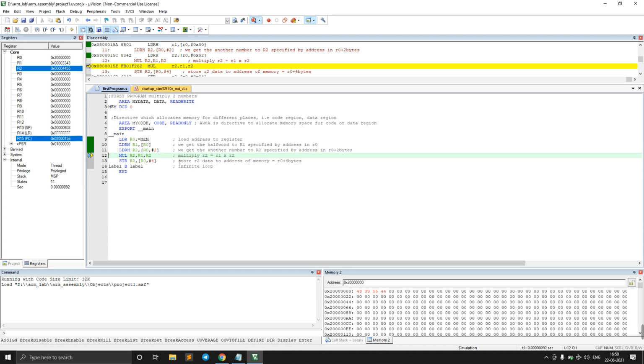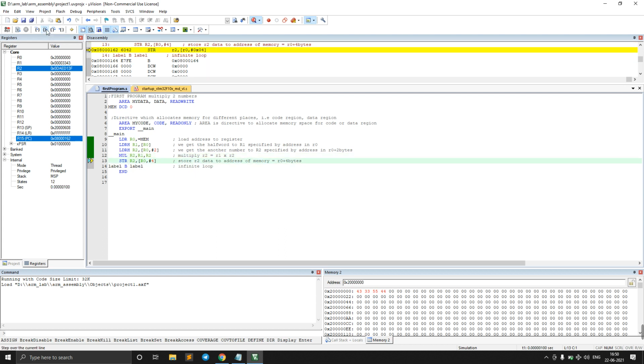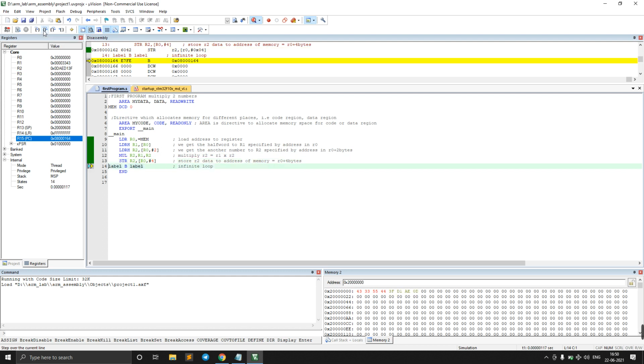And in storing, this will be stored to the next 4 bytes. So here you see the answer 3f d1 ae 0d, that means 0d ae d1 3f. Here you see 0d ae, these values. So this is how we can write assembly code in this platform. Thank you.